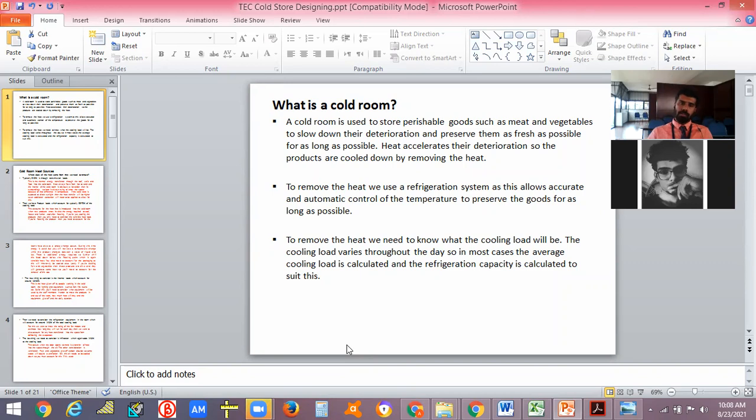So here also, to calculate the capacity for a cold room or a cold storage, what we do is find out the heat generated or evolved from particular items, and we'll be adding it, and we'll be finding its